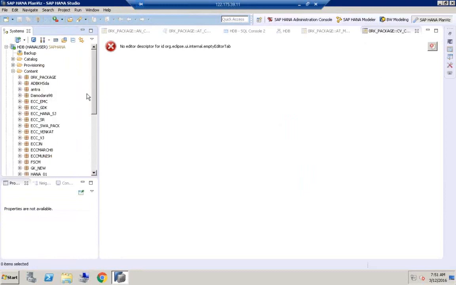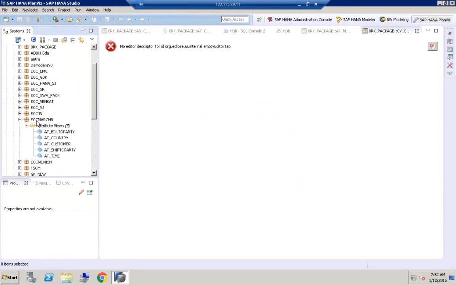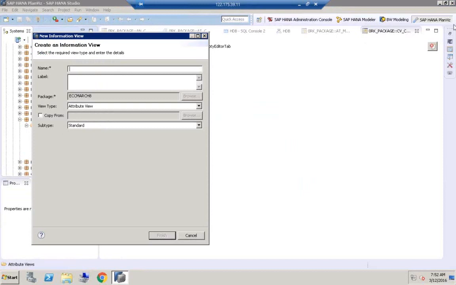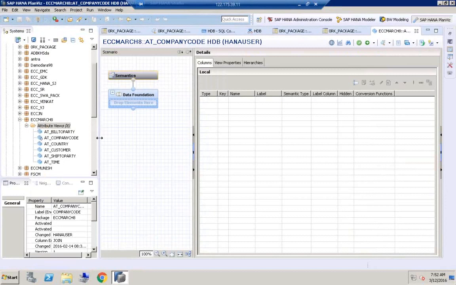Expand content. Expand package. Right click on the attribute view folder. Click New. Provide the name AT company code. Let us provide the description, subtype as standard, view type attribute view, click finish. Once we click finish,